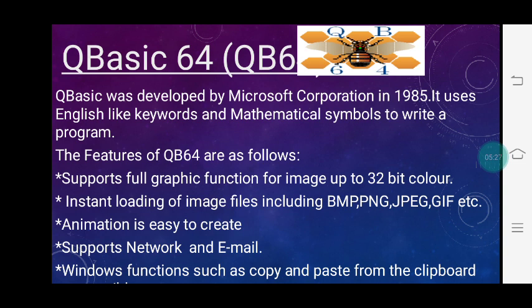It supports stereo sound files like WAV, OGG, MP3s, speaker and volume control. Windows functions such as copy and paste from the clipboard are possible in QB64. It supports networking and email. So these are the features of QB64.